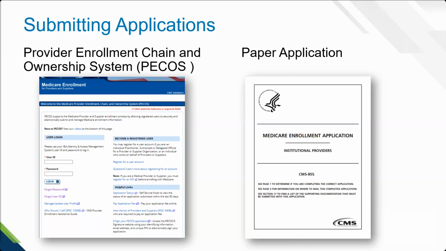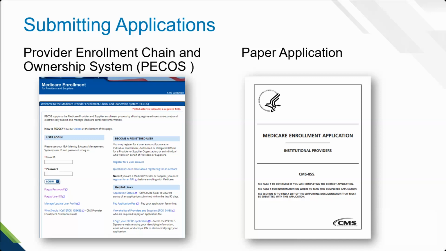So processing times for an electronic application submitted through PACOS, if it is what we call a clean application that requires no development, we have everything we need, 15 calendar days to process that application from receipt to assigning a PTAM. With paper applications, the processing time can take up to 30 calendar days. With both of these, if there's development, it can extend that period of time because there is a 30-day development time allowed. However, responses are also quicker in the electronic system than they are with paper applications.